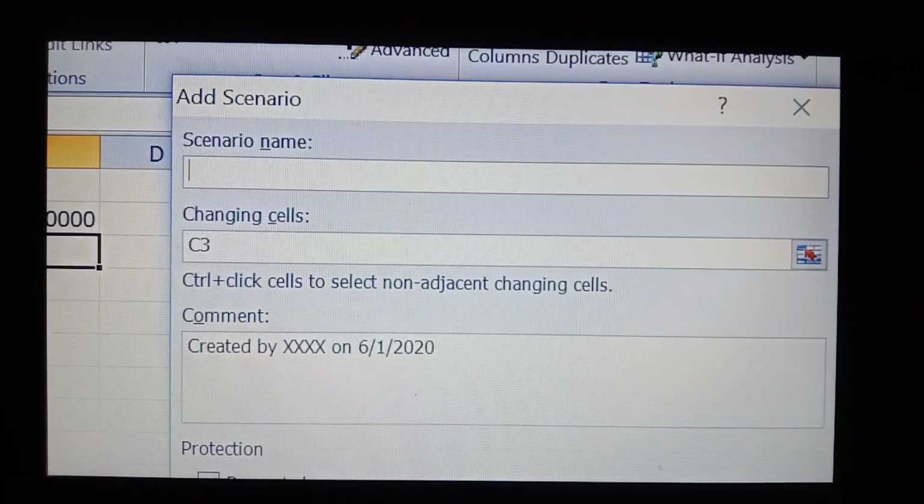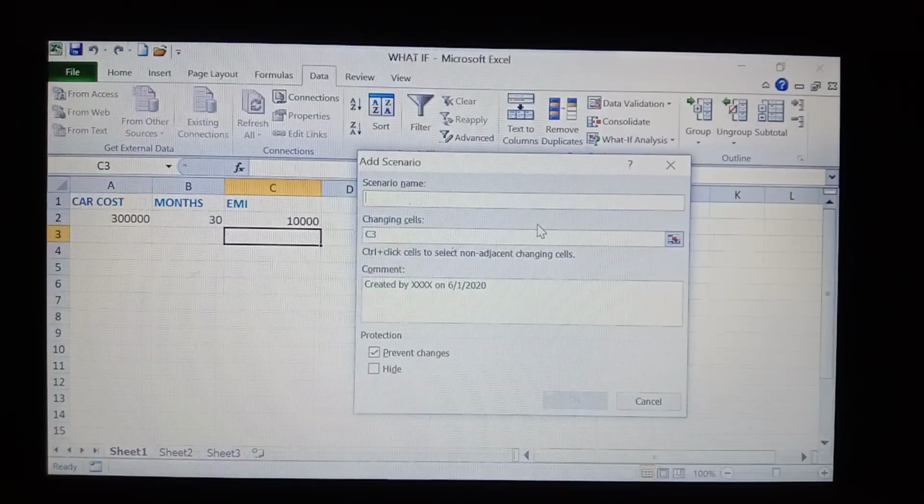Here Scenario name is there. In this scenario name, what scenario? The first scenario we are taking for 24 months, how much EMI we want. That's why here we have to type in the scenario name: 24 months.